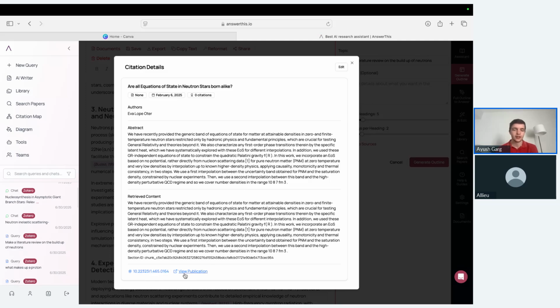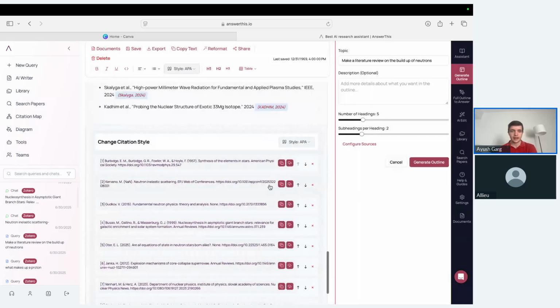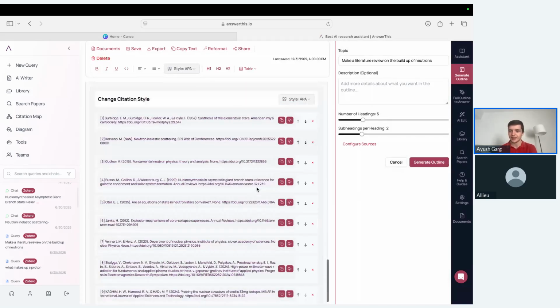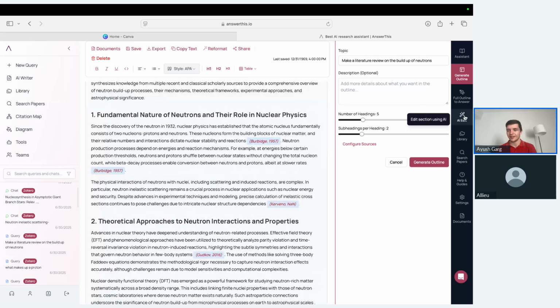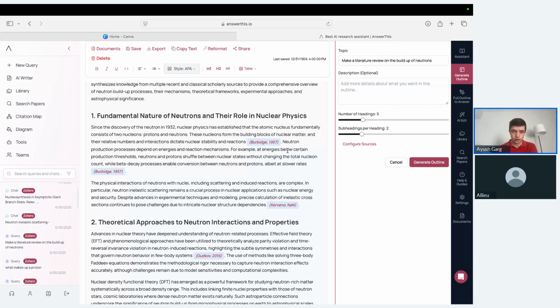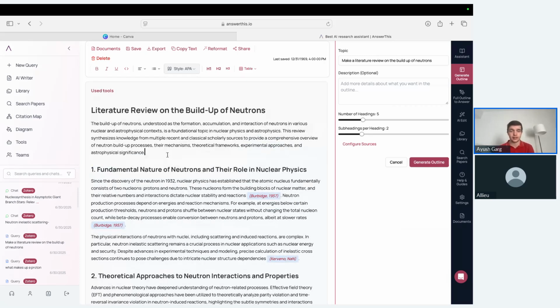Of course, we can view the publication if we want to. And then we have our citation styles at the very bottom. And then on the right-hand side, we also have a suite of tools that we can use. So the first thing that I think is really, really useful and that I love to use is this little